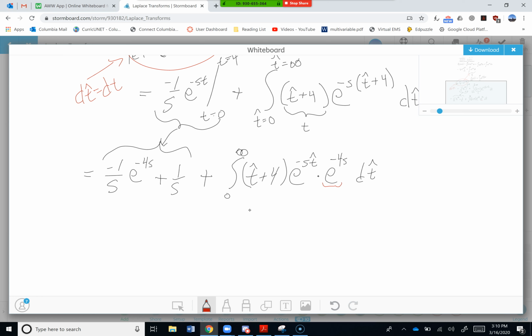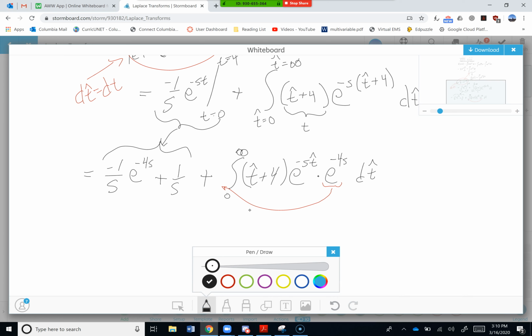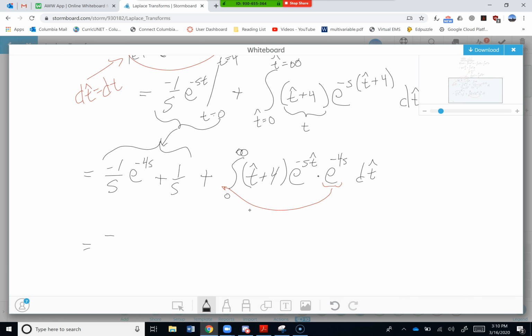Yes, because it's constant with respect to t hat. So I'm going to pull that part up front. And so I'm going to have minus e to the minus 4s over s plus 1 over s. That's just that stuff from before. Plus e to the minus 4s times the integral from 0 to infinity of